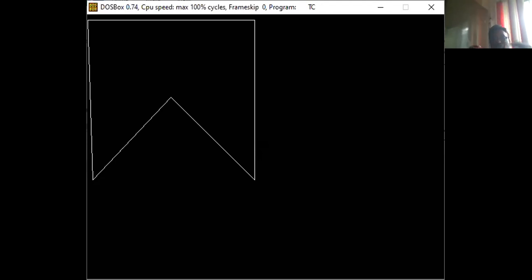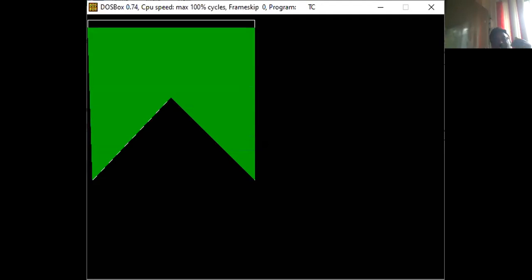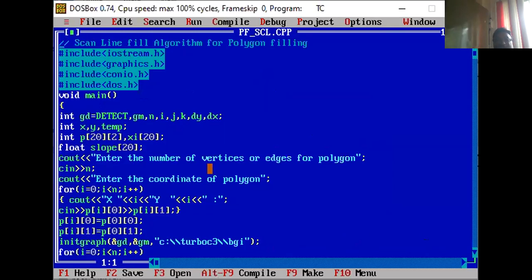Okay. And then I have changed the loop. So I have to fill up from bottom to top. So see, the scan lines are going from bottom to top. So this is the way that you can increase the delay, put the delay down, and fill this entire inside area of the polygon. And here you have to consider the large size of the polygon. This is a little but large program, and it does not have recursion. Here we have not taken recursion. This is not recursive. This is the complete one. I am drawing the line one by one. So is there any question, have you understood? Are you able to implement it?